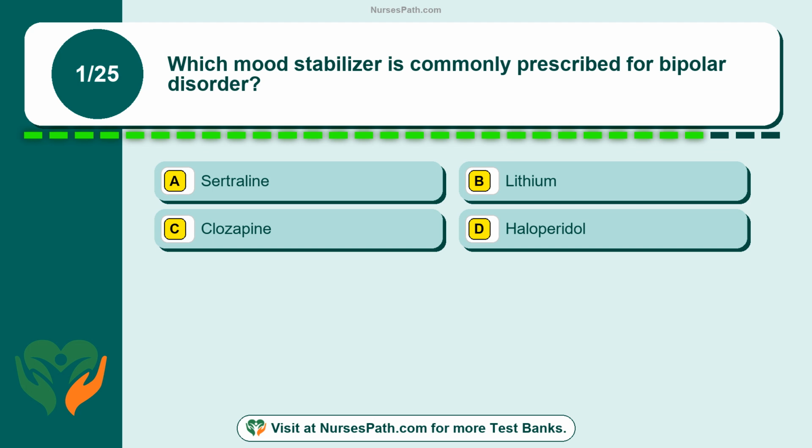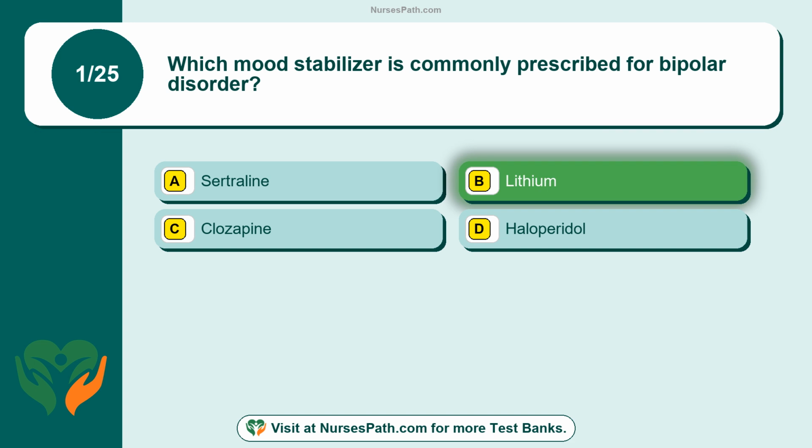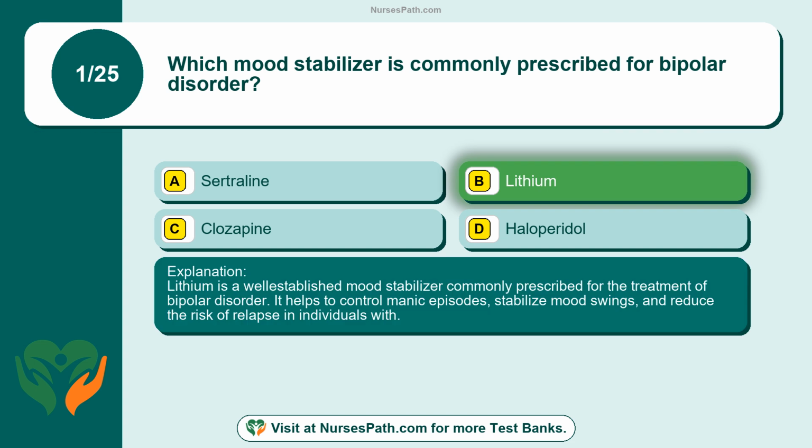Question 1. Which mood stabilizer is commonly prescribed for bipolar disorder? Option A, sertraline. Option B, lithium. Option C, clozapine. Option D, haloperidol. The correct answer is option B, lithium. Lithium is a well-established mood stabilizer commonly prescribed for the treatment of bipolar disorder. It helps to control manic episodes, stabilize mood swings, and reduce the risk of relapse in individuals with